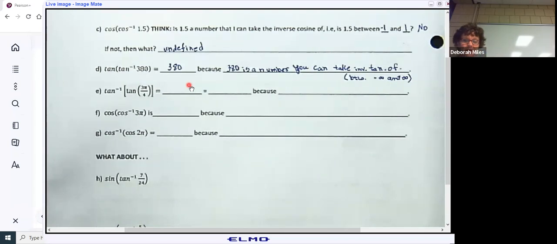All right, so the E part. My inverse function is my outer function. So whatever my answer is, has to be something that inverse tangent can give me. So now I'm looking at the E part again and going, is 3/4 pi an answer that inverse tangent can give me? Inverse tangent gives me answers between